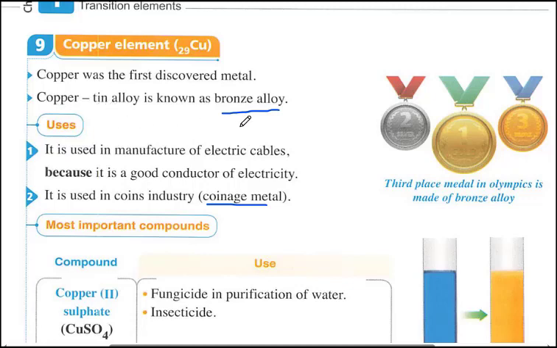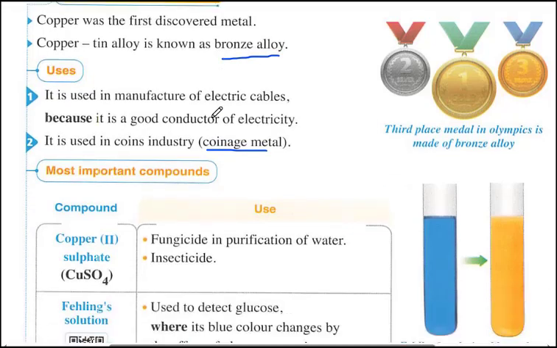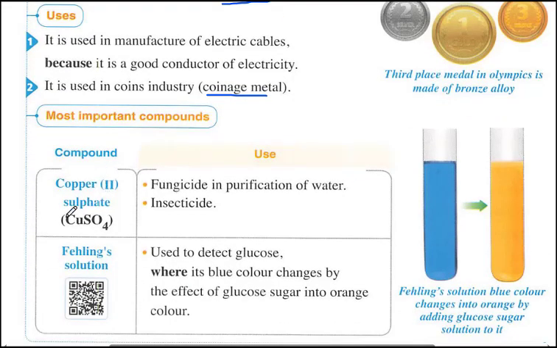Copper with tin is used to make bronze. Copper with zinc is used to make a brass alloy. From the most important compounds of copper, copper sulfate. Copper sulfate is an insecticide and fungicide, and is used in the purification of water. Fehling solution, which is sodium potassium tartarate with